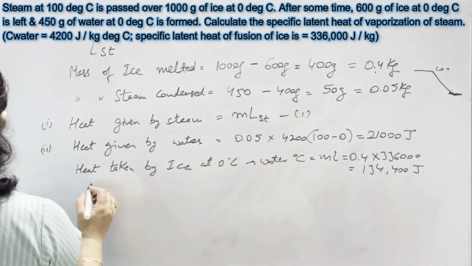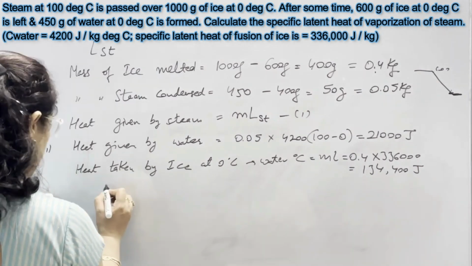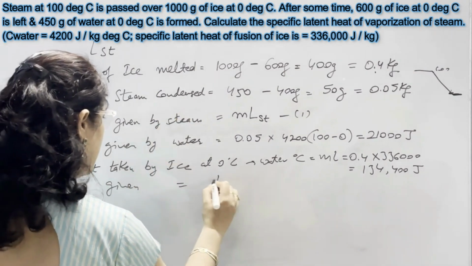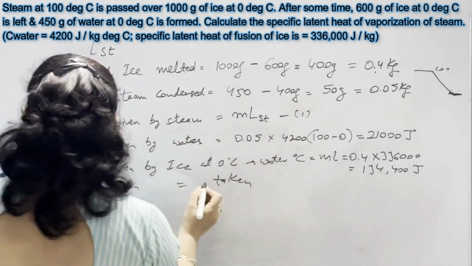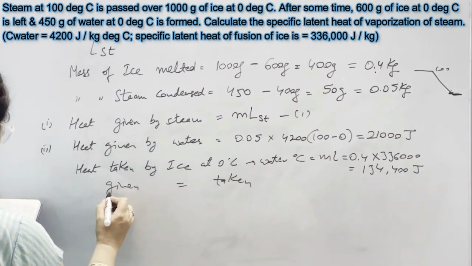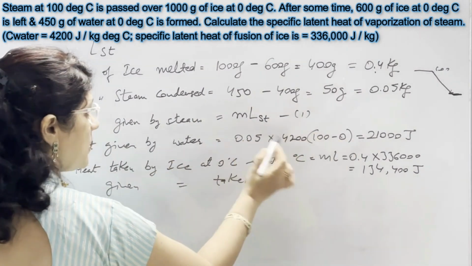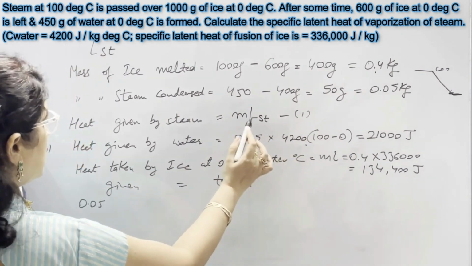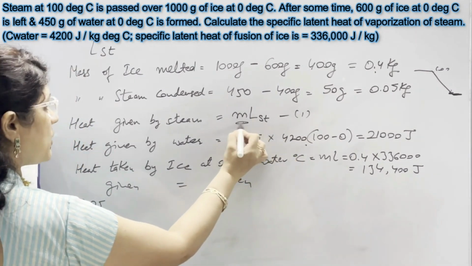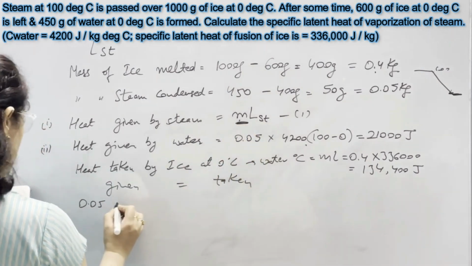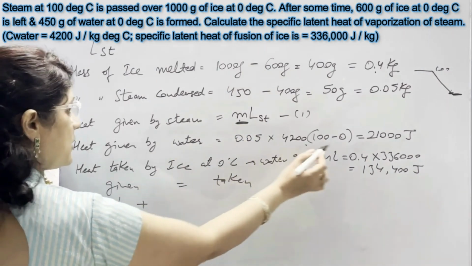Now next step, heat given by steam and then heat taken by ice. Both should be equal according to the principle of calorimetry. So given is 0.05 into steam, this much. Here we need to put the value of M also. So the value of M is 0.05 and then L plus this much is